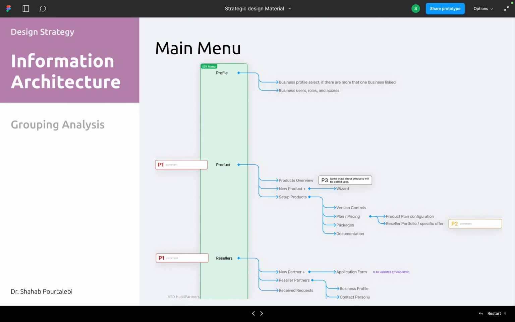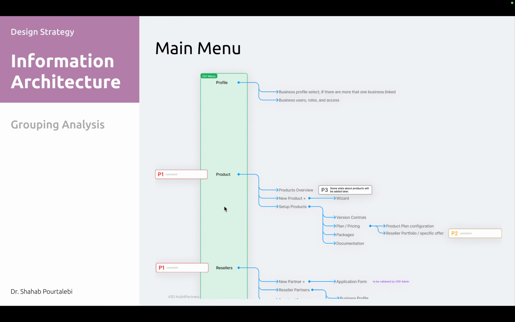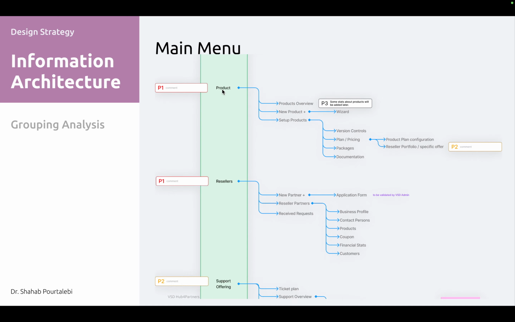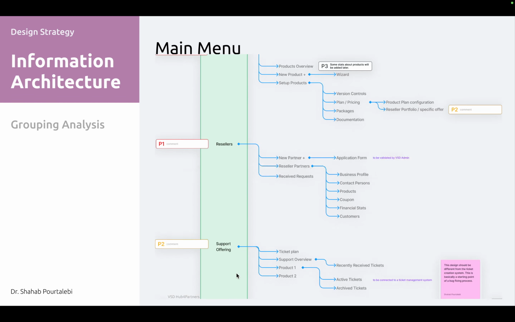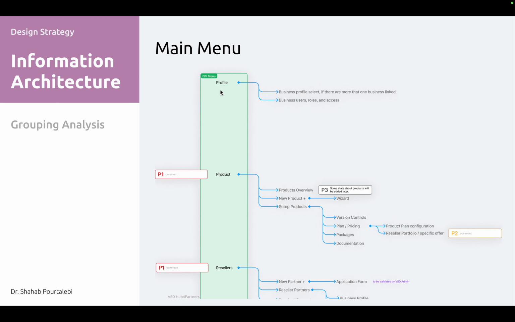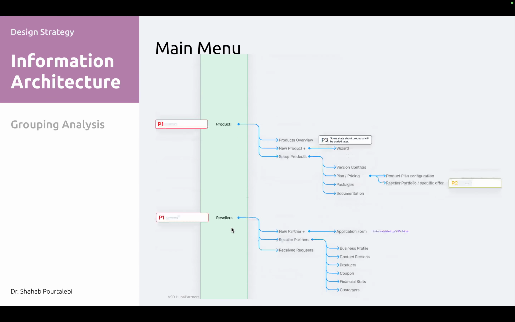So what I've done after that, like this is another example from another project. Okay, so what you need to do, you create your menu, a kind of hierarchy graph like this, where you have your menu items. These are the categories that you have. Okay, here in my project, it's like profile, product, resellers, support, offering, finance. These are